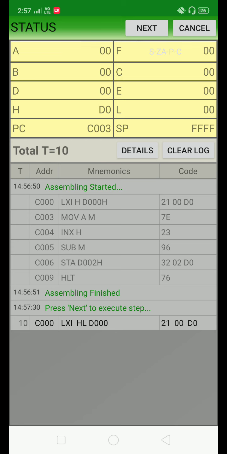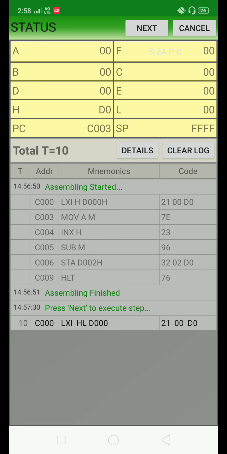And in the assembly window, we can see here this LXI H D000 requires 3 memory locations. So LXI H, its opcode is 21 hex, and first the processor will fetch the lower byte, that is 00 and then D0, okay. So the first instruction is available at location C000, and after the third location you will find here at location C003 MOV A, M instruction.